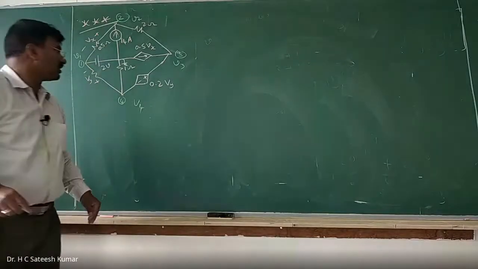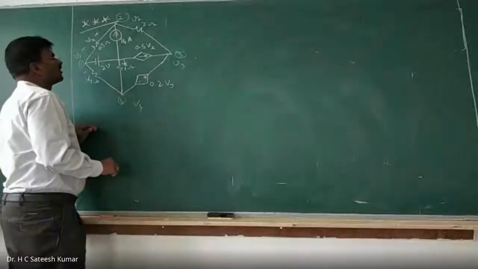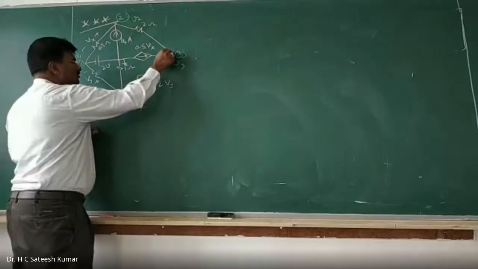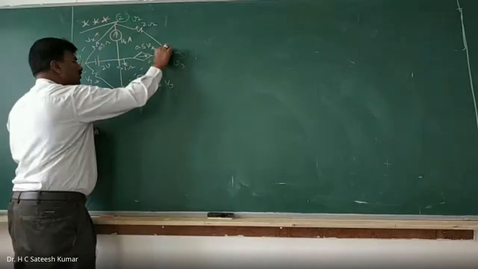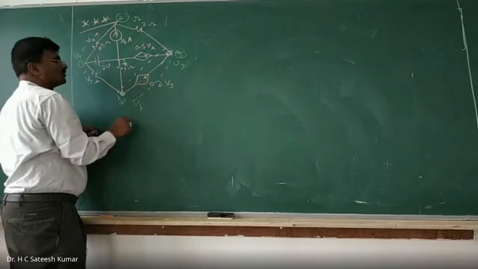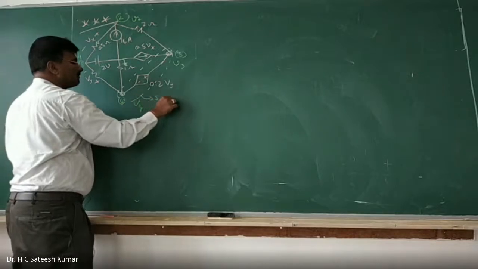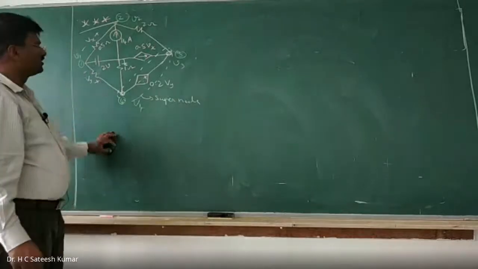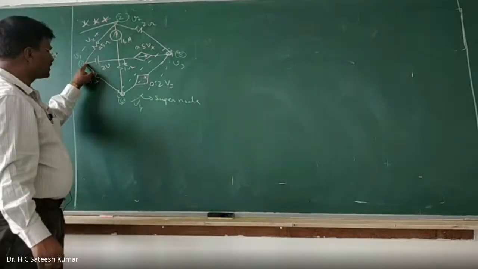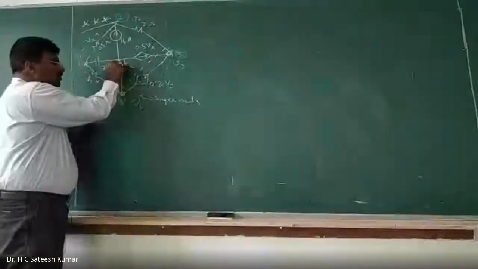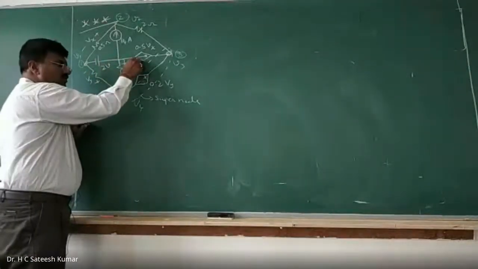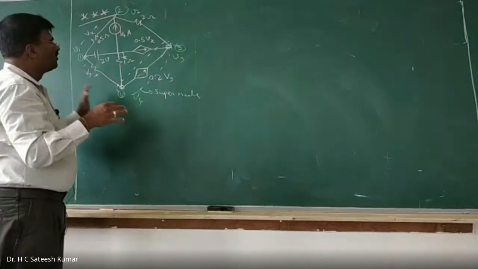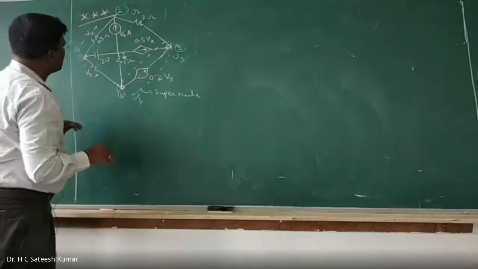Okay, right. Do you have a super node? Yes, there is a super node. So this is the voltage source between two principal nodes. Let it be dependent, but this is a voltage source. So therefore, it becomes a super node. So here, all concepts are involved. One is, there is a voltage source between a principal node and ground node. Therefore, this concept, a dependent source is there. Super node concept is there. See, this problem involves all the concepts of nodal analysis.